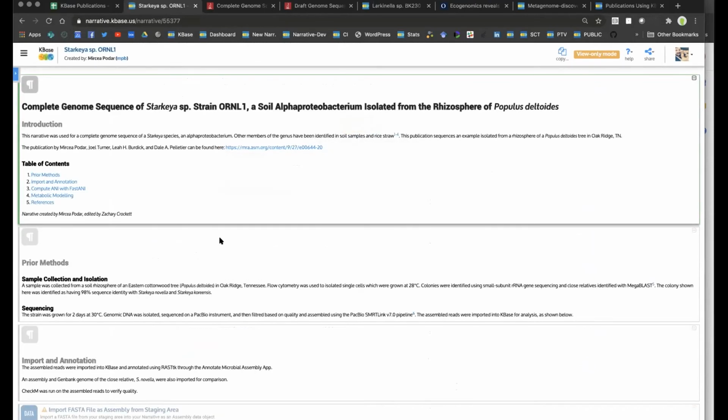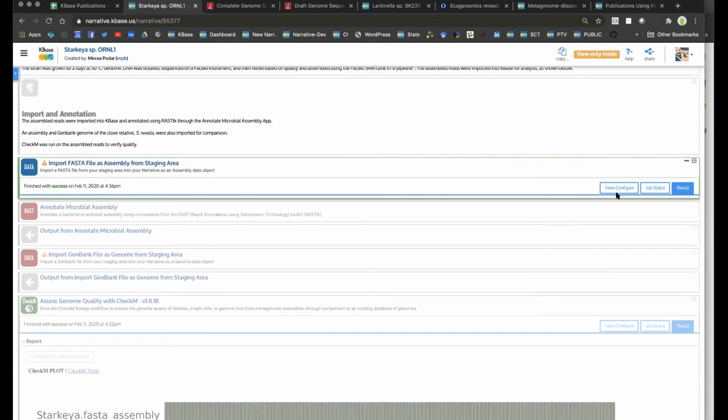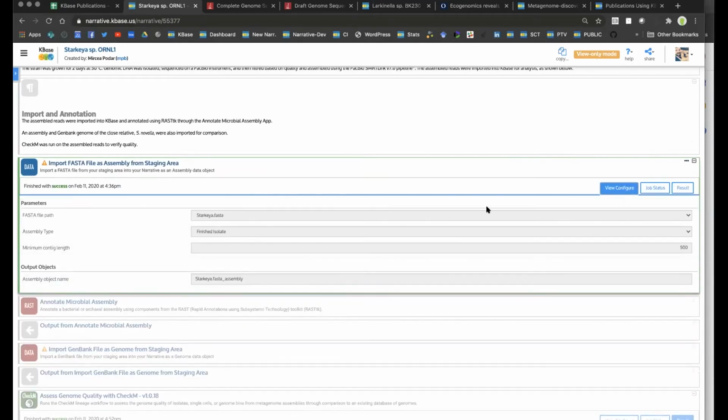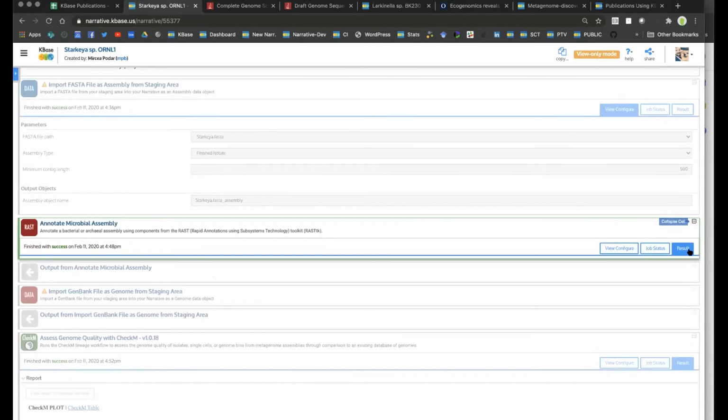So here we're taken into what you can see is a view-only narrative. And they've set this up very nicely where they have some information about the collection and sampling and sequencing methods. They have their import here. So these app cells are closed right now, so I can expand them to view the configuration or to view any of the reports. It takes a little second to load here, but